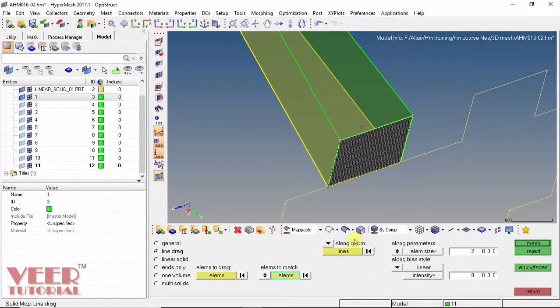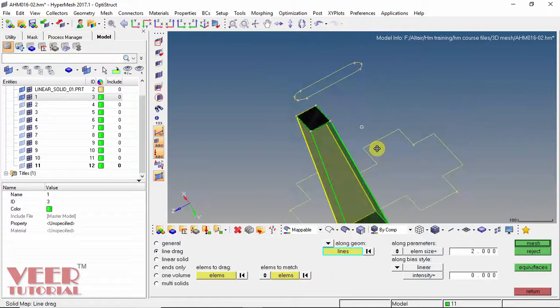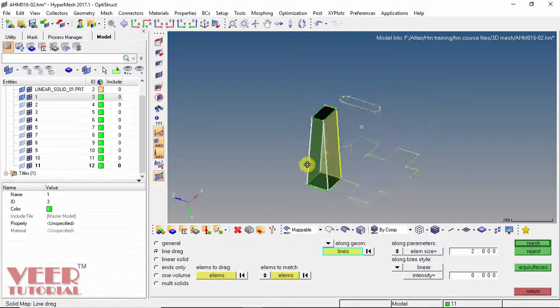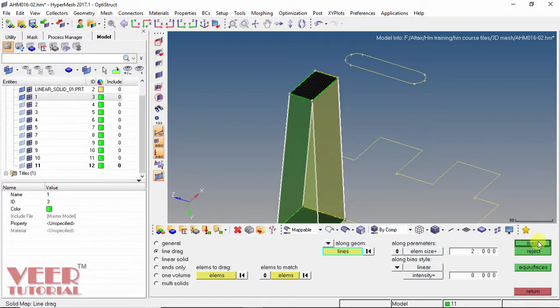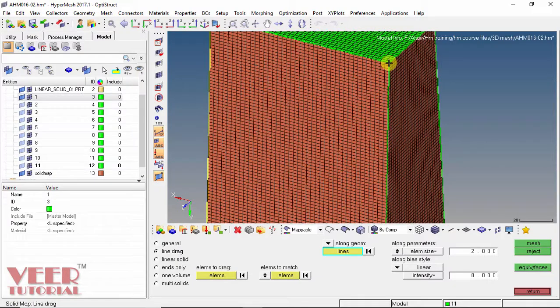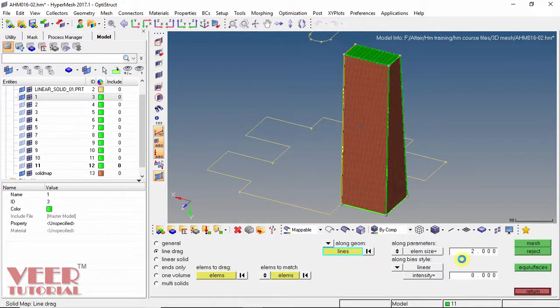Along the lines, so click on along geometry by lines, select these lines one by one like this and click on mesh.